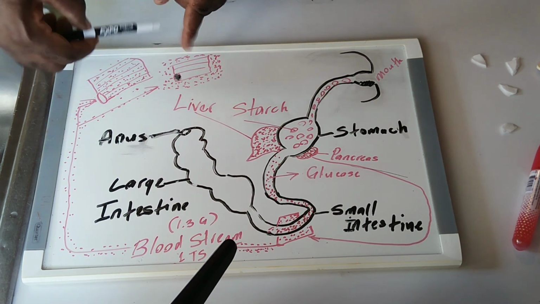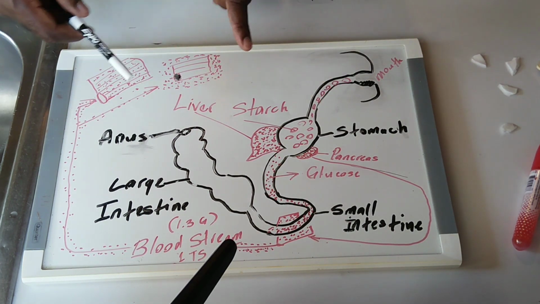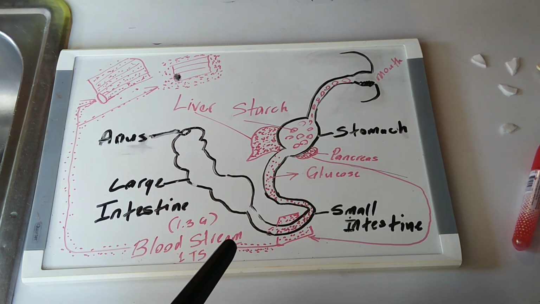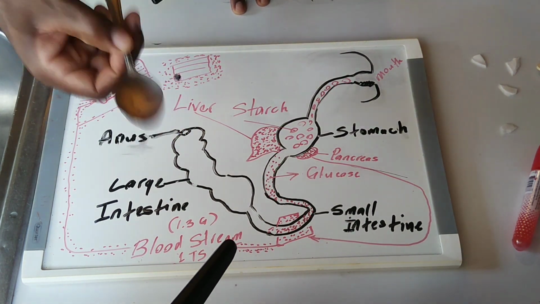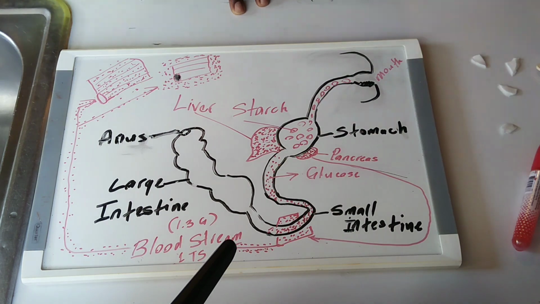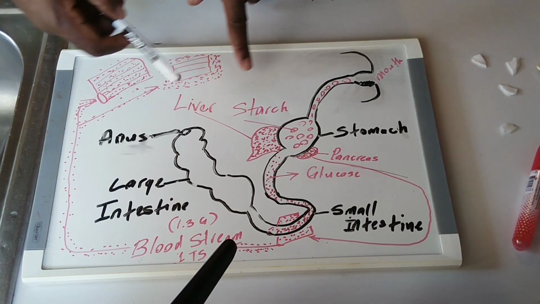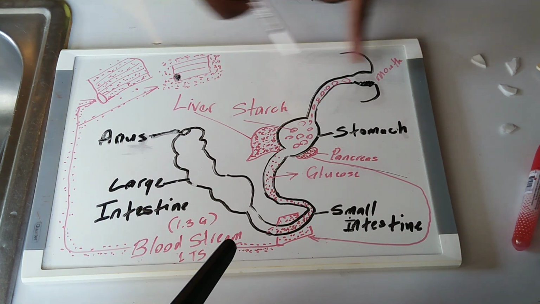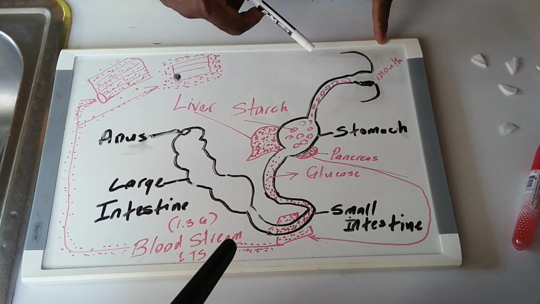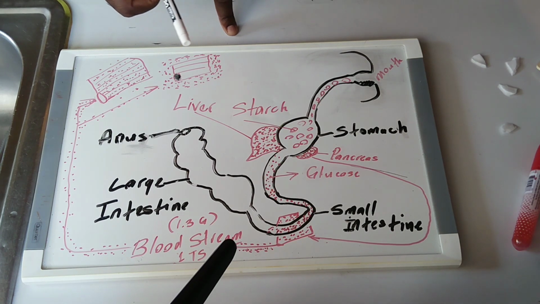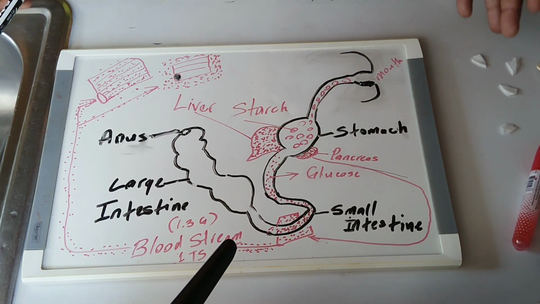A person with diabetes, that doesn't happen. So it remains in the blood and you become high blood sugar, or you become diabetic. Alright? And this case where you have 1, 2, 3, 4, 5, 6, 7, 8, 9, 10 tablespoons or teaspoons of sugar in your blood is dangerous. It can kill you. You can go into a diabetic coma and die. So that needs to be reversed. And the only way you're going to reverse this is by changing your diet. Right? And remember, try the ketogenic diet.